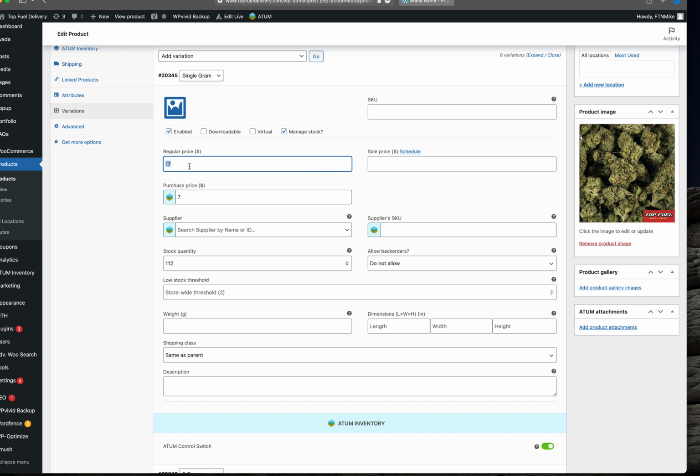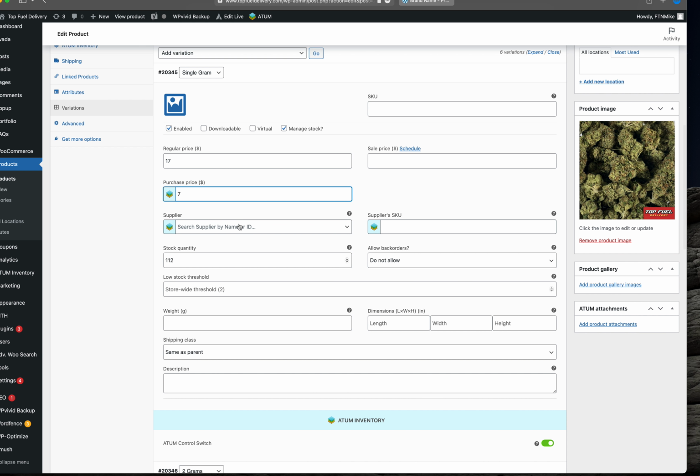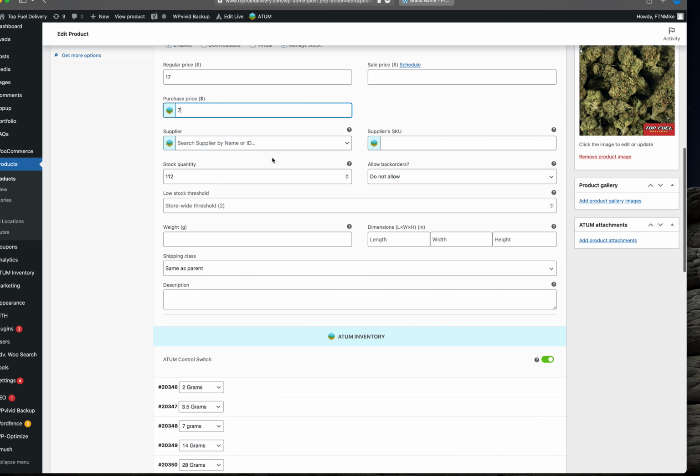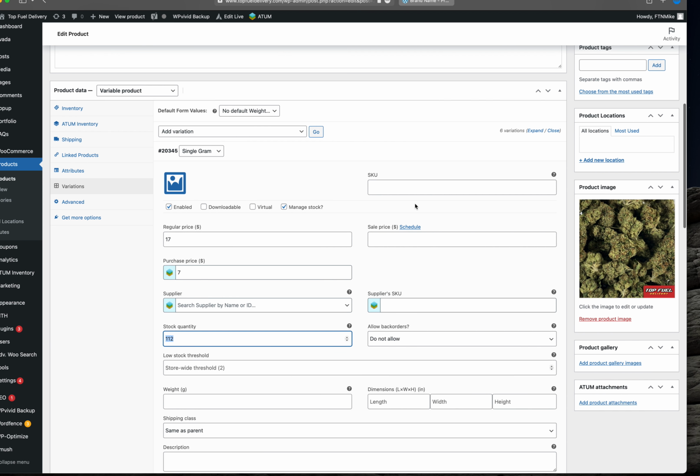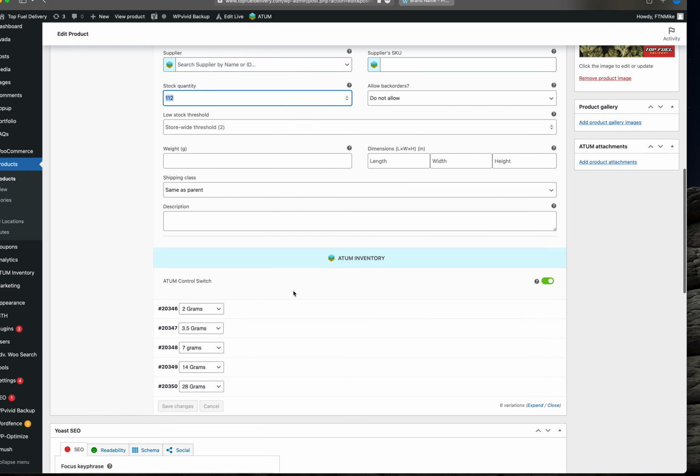You are going to populate regular price, sale price if applicable, the purchase price if you're filling that out, the supplier if you're filling that out, the quantity of stock. Do not allow back orders, which is global, so this is the default, don't change it. The store-wide threshold is 2 for low stock, don't change that. The shipping information you don't need to worry about, nor the description. Once you have filled all of those out, the save button,